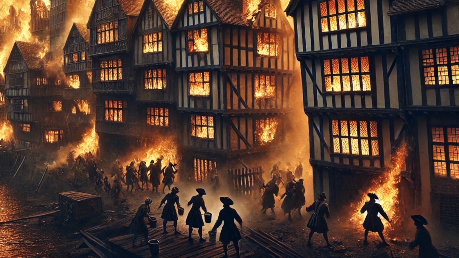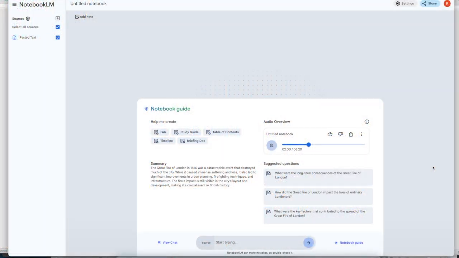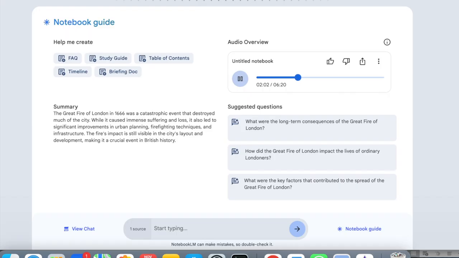Oh, no. And that helped the flames to spread even faster. Oh, no. And, you know, the streets back then were really, really narrow. So there's just no way to stop it. Yeah, it was almost impossible to stop the fire from jumping across the street to the houses on the other